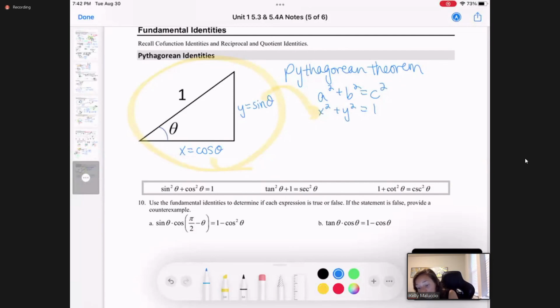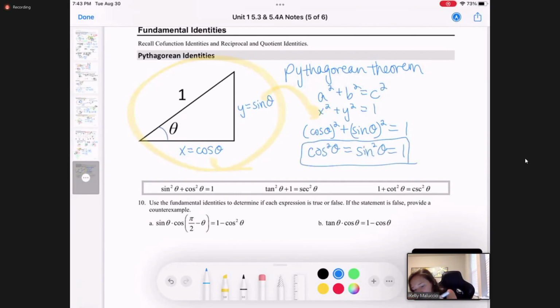And then we can replace x and say cosine theta squared plus sine theta squared equals 1 also. And you can write this if you don't like the parentheses, and maybe this is better. So this is the first main trig identity, which actually just shows up right here. And then if we divide,